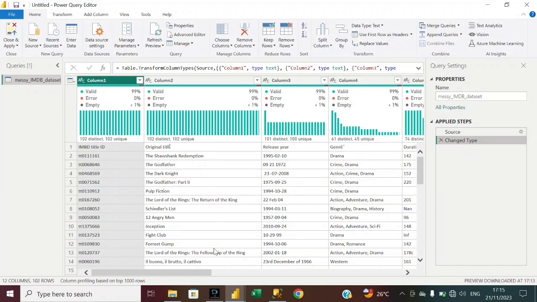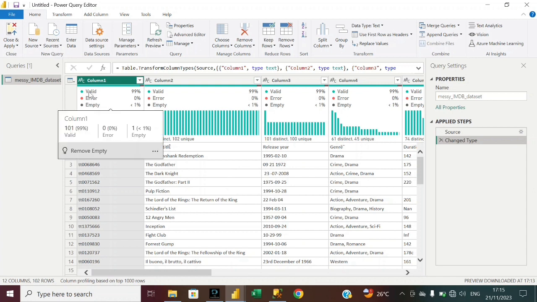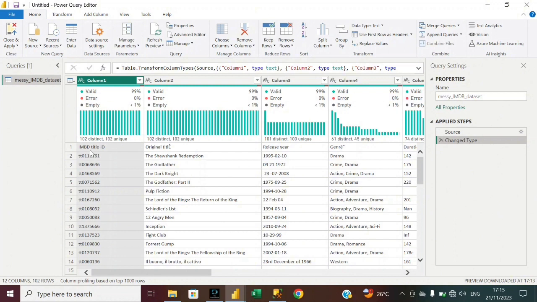So I have the data already opened up in my Power Query editor in Power BI. Okay, so the data set is actually quite messy because the columns, the headers, are actually in the rows. So the first thing that I'm going to do is bring the column headers from the rows to where they are supposed to be up here in this column